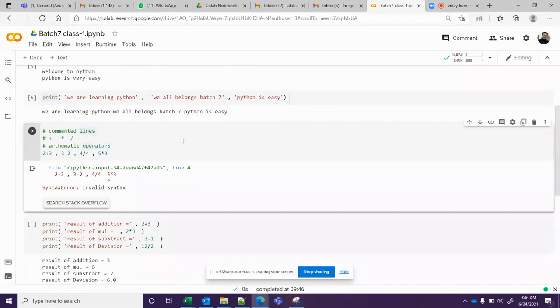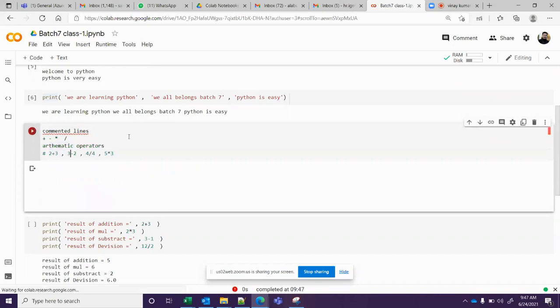So we also need to understand what comments are. Comments are the lines ignored by Python. For example, I want to give you some information, so I write some information in the cell. If I try to run it, it throws an error, because these are not valid Python comments. They're only English statements I wrote for your understanding, nothing else.